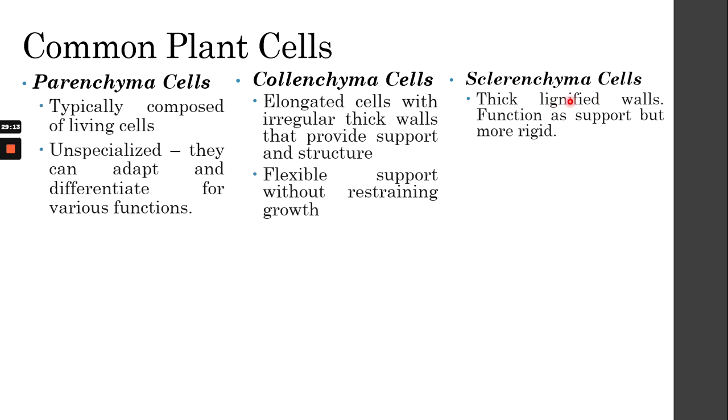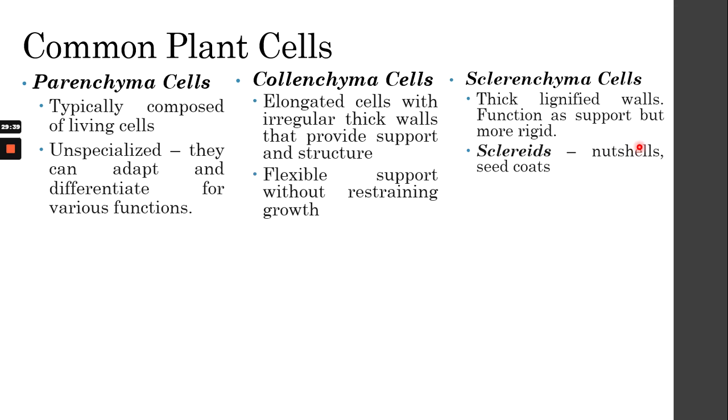So the cells get lignified and eventually they die. When sclerenchyma cells mature, they basically die. They create the very hard covering of your plants, the trunk of the tree, and more specifically sclereids. Sclereids are types of sclerenchyma cells that you may find in